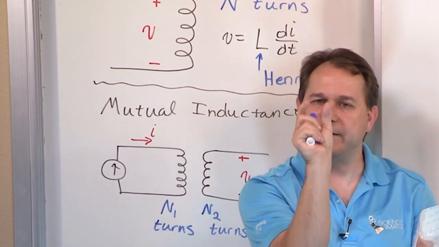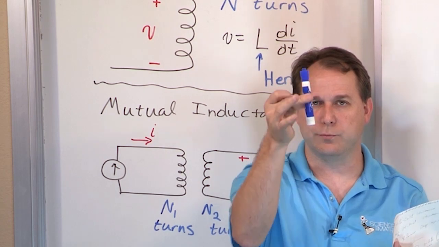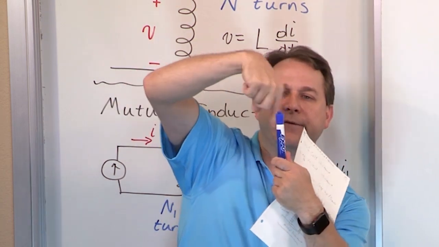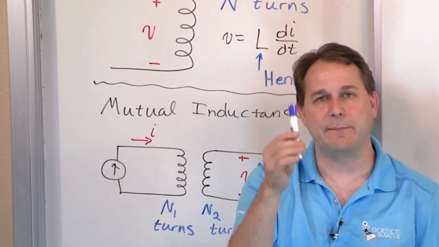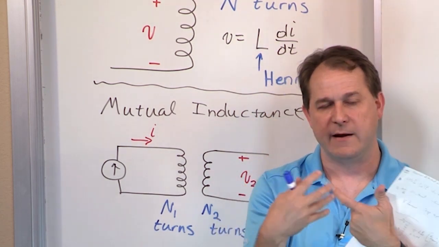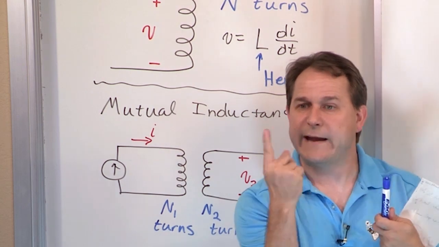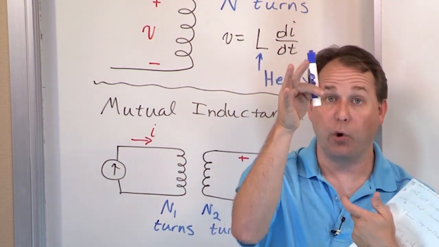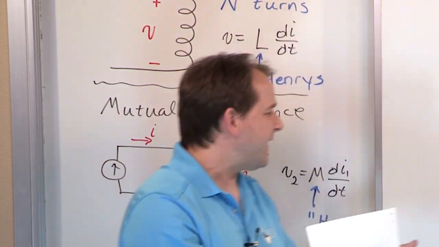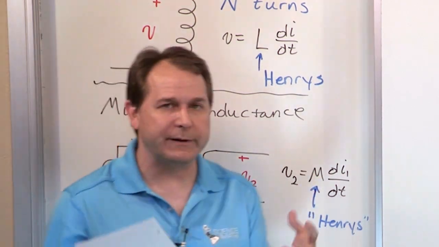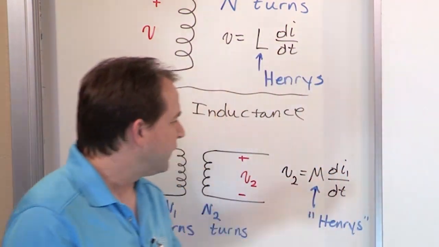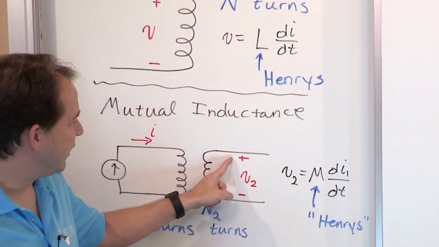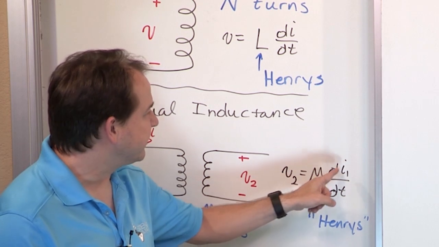And let's say I have a single tube like this, and I wind the first coil on this, and then I take the second coil and I wind it almost right on top. Of course, the wires are insulated, so they're not short-circuited. But let's say they're wound on the exact same tube. Then in that case, the mutual inductance would be even higher because the magnetic field would be very, very close to the secondary coil. So the secondary voltage that's generated here is equal to the mutual inductance times di/dt,